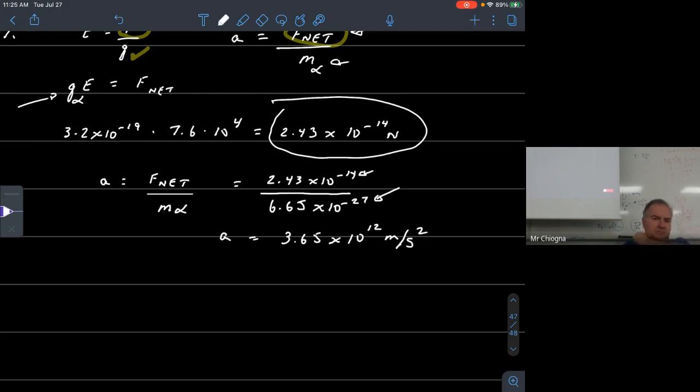So let's use another example to help you see the difference between voltage and electric potential. So let's call this B, and let's call this A. So let's say for B, this is at 90 volts, and A, it's at